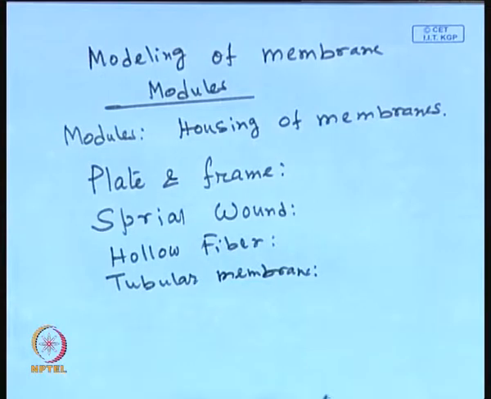What is that module? It's basically nothing but the flow through rectangular channels, and you can put lots of such channels one above the other, separated by spacers, and then this whole sandwich, suppose there are 8 such channels, this is called a sandwich. This whole sandwich is spirally wound around a central axis. Then your space requirement becomes less. But if you open up a spiral wound module, it becomes nothing but a flow through a flat plate, a flow through a rectangular geometry.